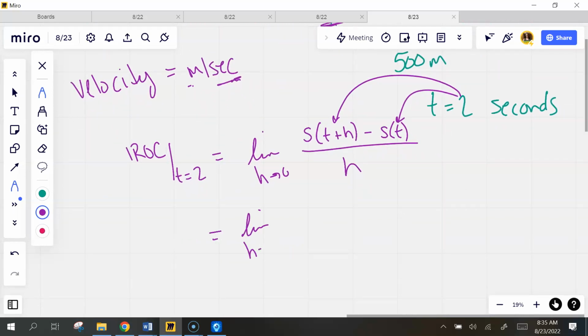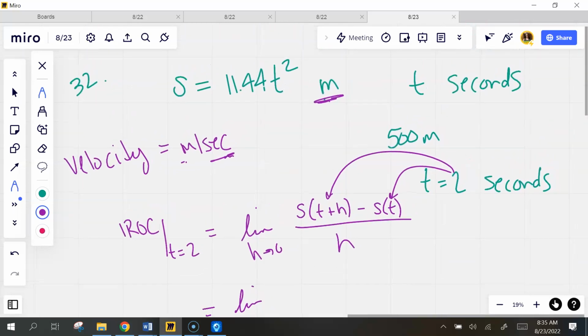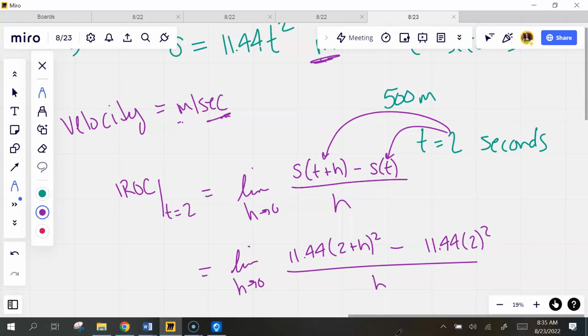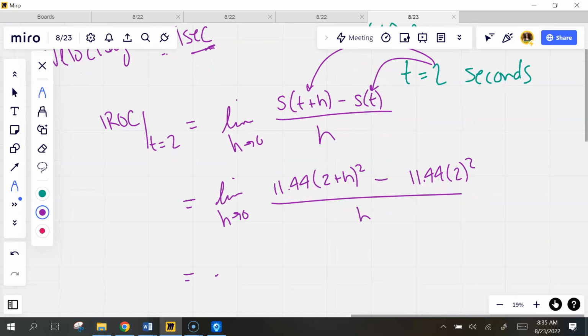So that's the limit as h goes to 0 of 11.44 times 2 plus h squared minus 11.44 times 2 squared all over h. Limit as h goes to 0 of 11.44 times 4 plus 4h plus h squared minus,